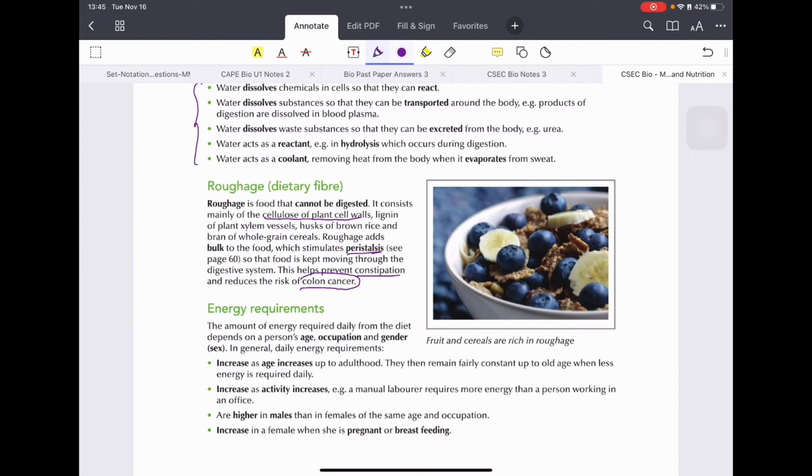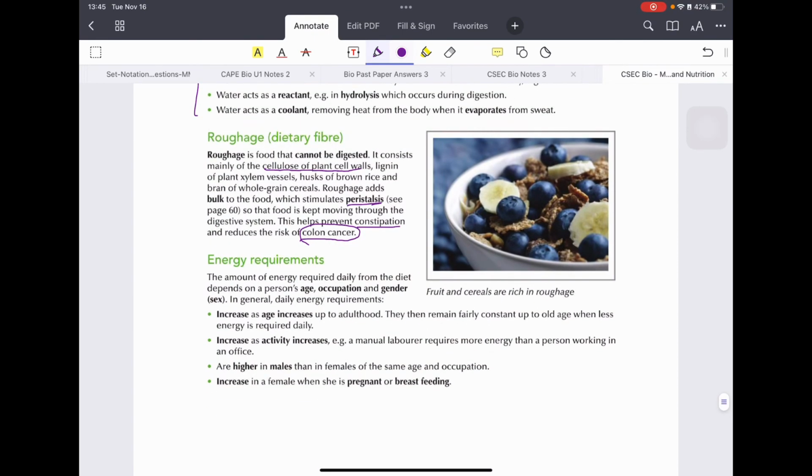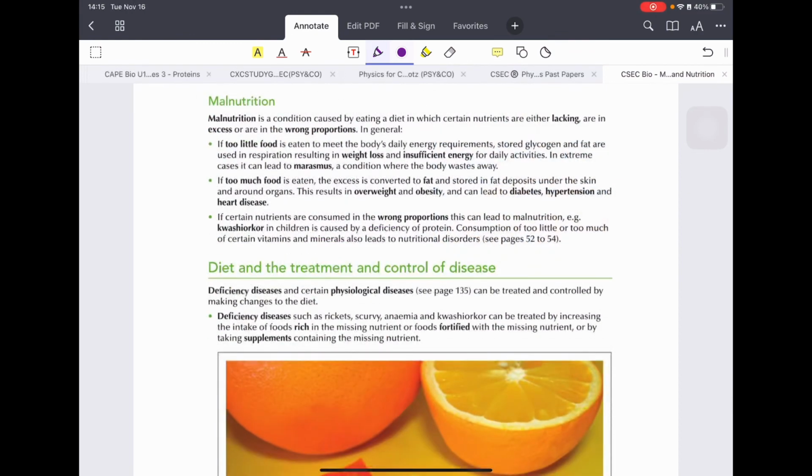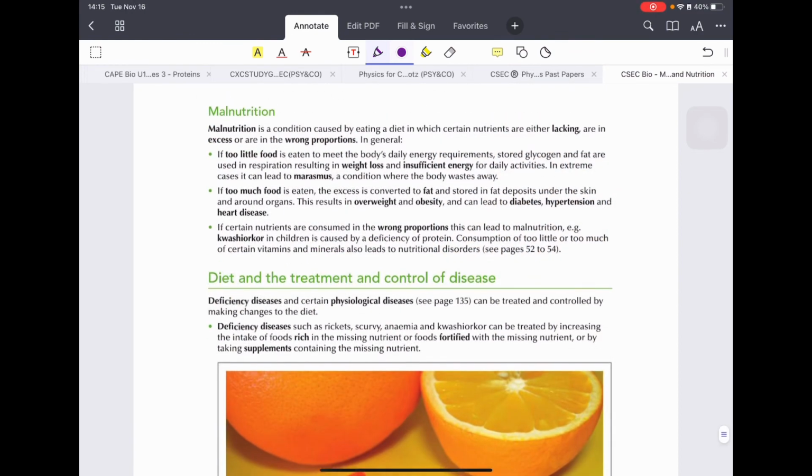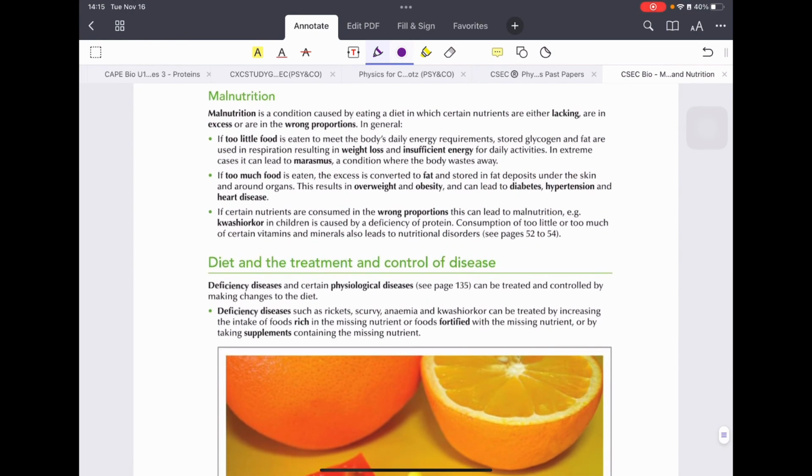Colon cancer is a very common cancer, and very deadly. If you remember Chadwick Boseman, he died of colon cancer. So that's very important to remember. All right. And so the final thing we'll be doing today is malnutrition and some diseases associated with a poor